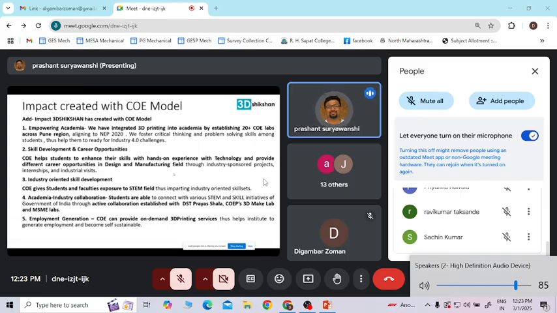So that's where you are enhancing your skill sets, your design knowledge and manufacturing knowledge as well, because though you design it, everything is not going to 3D print, right? So you will encounter some problems. You have to change the designs, or take some consideration, geometric tolerances and all these things, right?